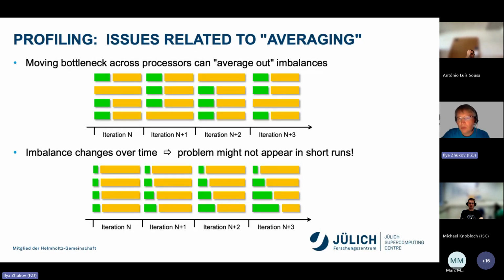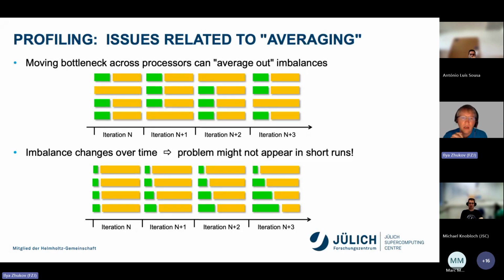In an ideal world, we would expect that the green is equal and the yellow is equal. So basically, they should be equally distributed here. But no. Here we can see that there are some moving bottlenecks. For example, here the yellow bar is longer than the others, but this bar is moving. And if we aggregate all this information, then our profile shows that we have an ideal case. Everything is balanced ideally, but this is not true. So this cannot be captured with profiling.